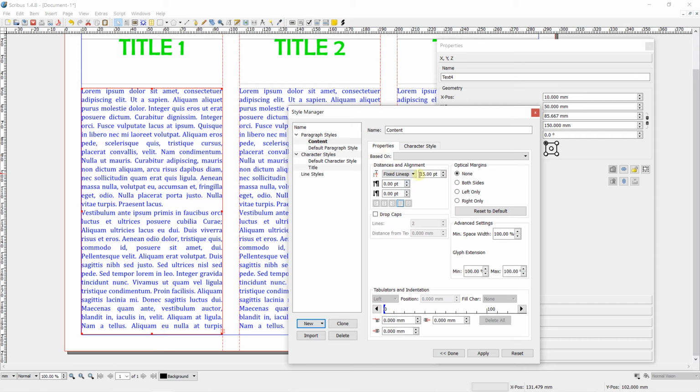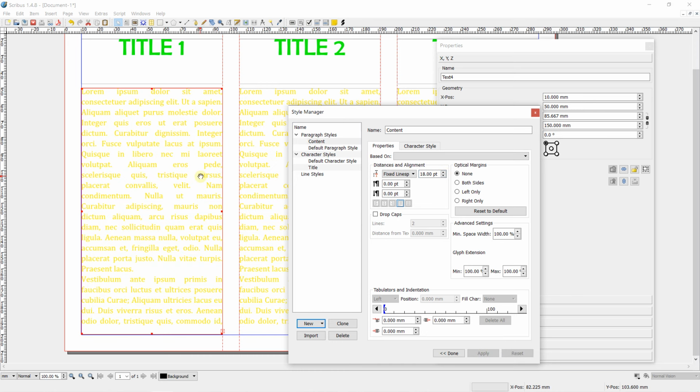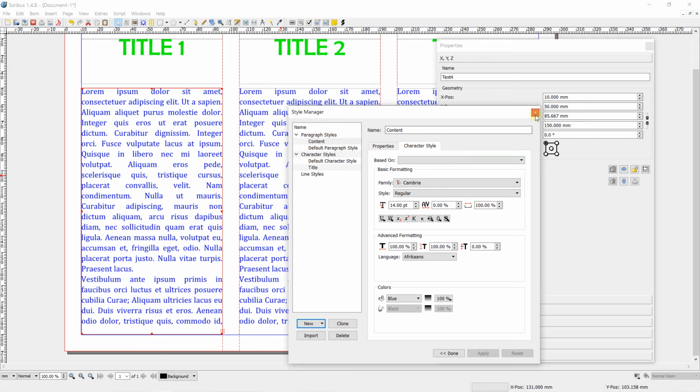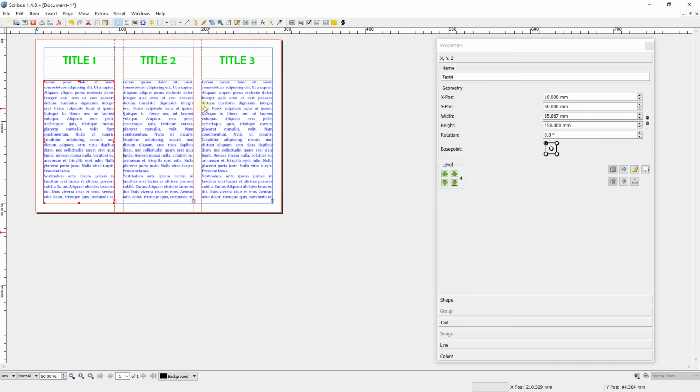I go on my properties, increase the line spacing. I can click on apply and take a glance. I will have this render. Let's change again the color, come back with blue and click on apply, and it will be applied on all the paragraphs, all the text frames with this style. So this is why it is useful.